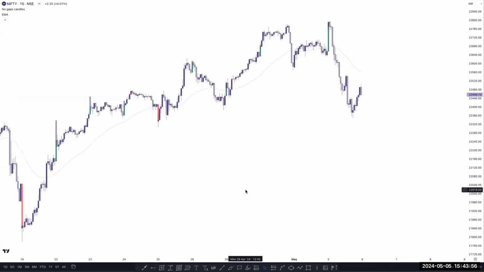The overall structure was bullish in the 15-minute time frame and has now turned bearish, right? So in the short term, we can see some downside move. If the market creates any continuation pattern on the downside, we can sell here, right? So this is a possible scenario in Nifty 50 in the 15-minute time frame. Let's see.